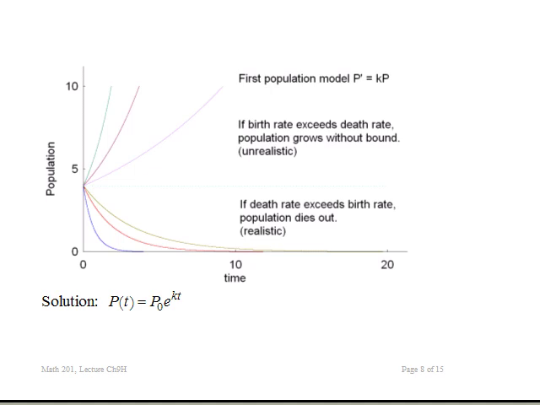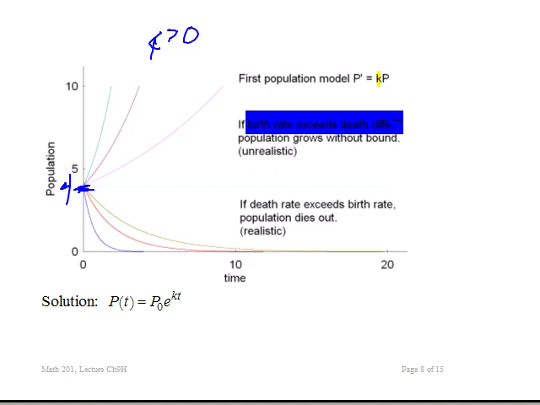When we looked at this equation graphically, we found that it had only one equilibrium solution, and that was p equals 0. But let's look now at another case. Let's look at what happens when k is different. Let's say we start off here with a population of 4 somethings, okay, and let k be greater than 0. That means the birth rate exceeds the death rate up here in this region, greater than this dashed line right here, which is not a solution at all. It's just a dashed line. So if k is greater than 0, the birth rate exceeds the death rate, the population will be increasing, and you can see